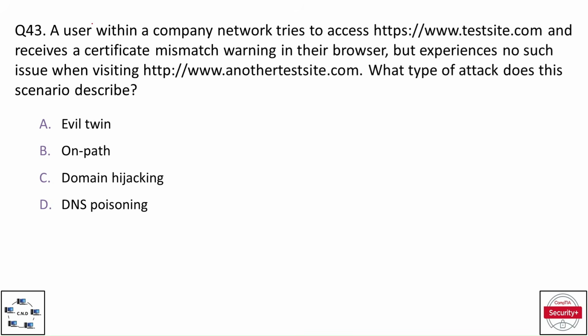Question number 43. A user within a company network tries to access www.testsite.com and receives a certificate mismatch warning in their browser, but experiences no such issues when visiting www.anothertestsite.com. What type of attack does this scenario describe? And the options are option A, evil twin, option B, on path, option C, domain hijacking, and option D, DNS poisoning. And the correct option is